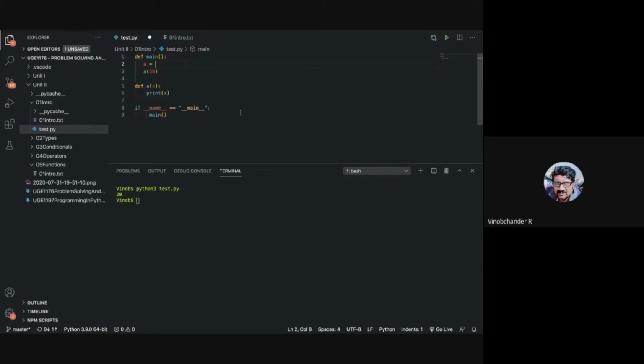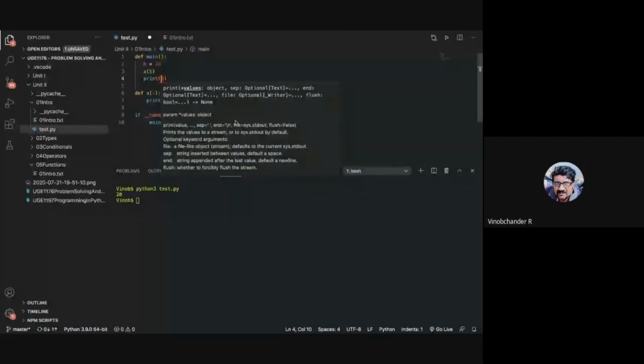The function name is also A, so let me call this variable B and pass B. Now if you run the program, it is the same thing, right? You are passing the variable. Now the point here is, if I print B after this function call, what is the value of B now?